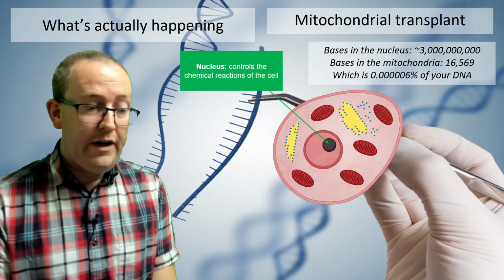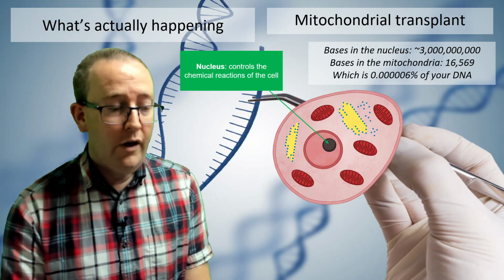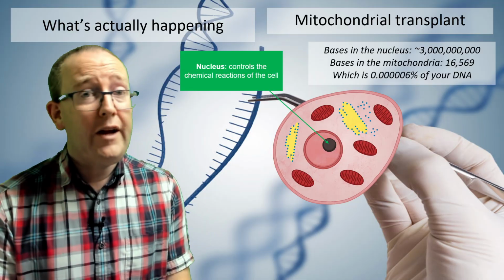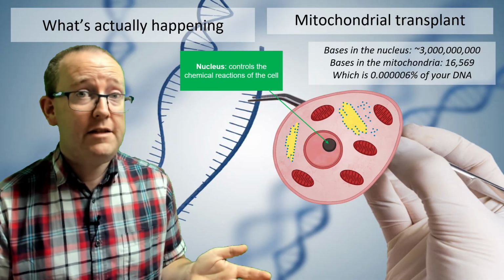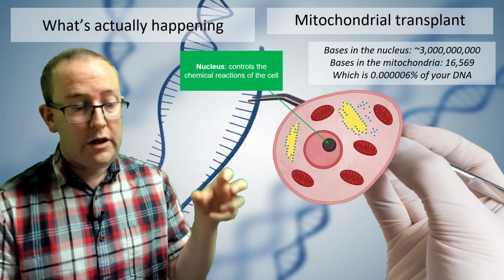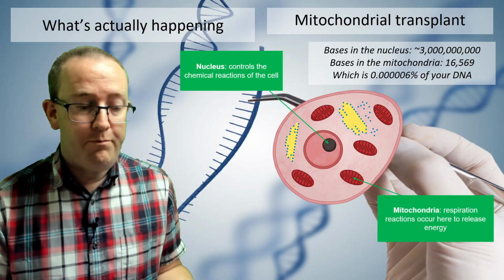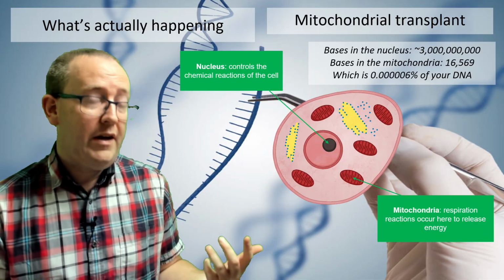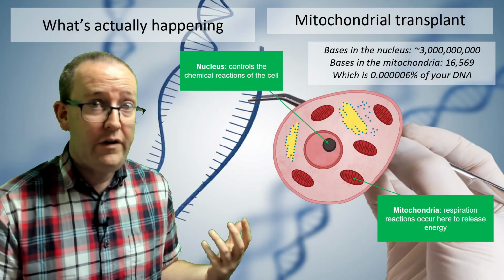So the nucleus, as we probably know from Year 7 science, controls the cell, right? Controls the chemical reactions of the cell. That's because it's got the vast majority of your DNA in it, okay? That is where all the genes that code for proteins that make you exist. Now, for various evolutionary reasons that I find fascinating, mitochondria having been in some distant part of history free-living bacteria,